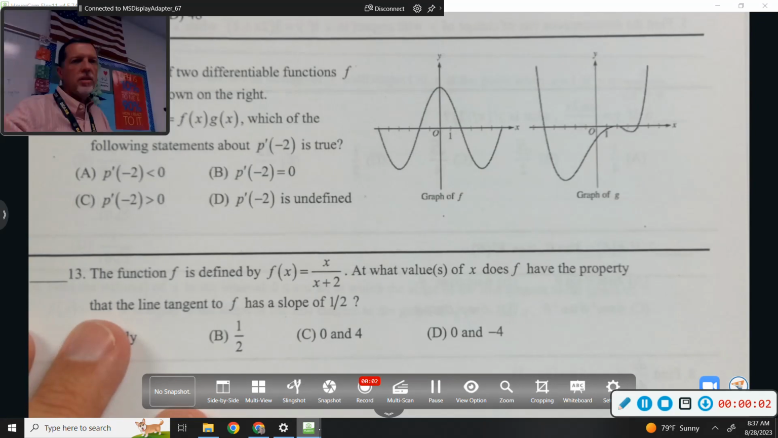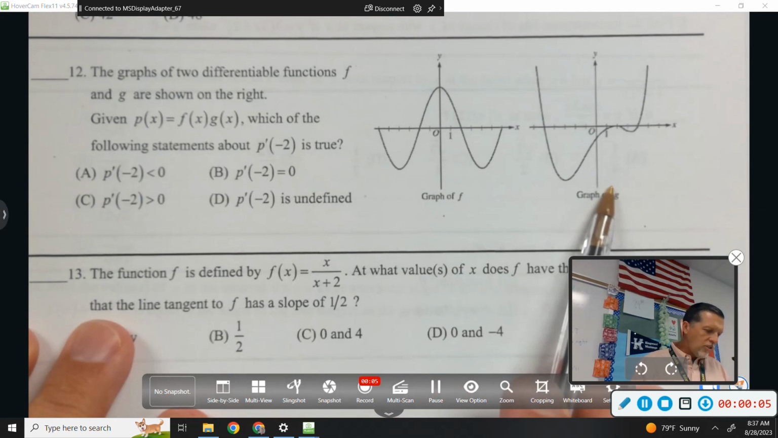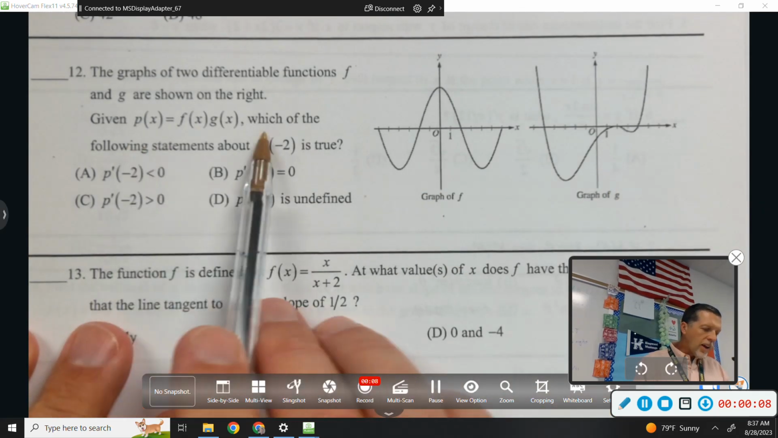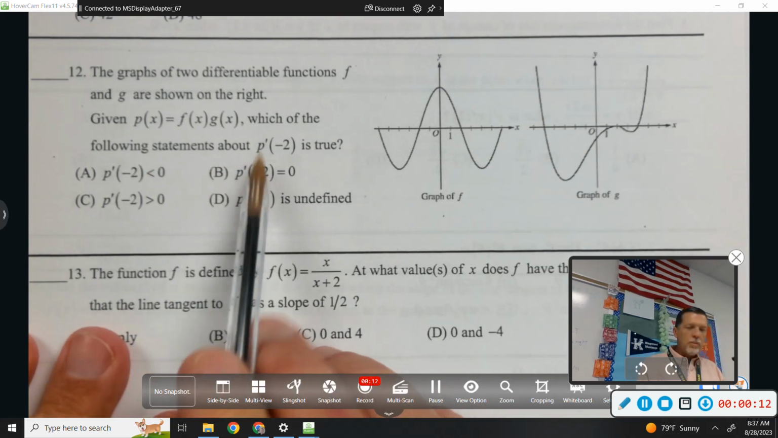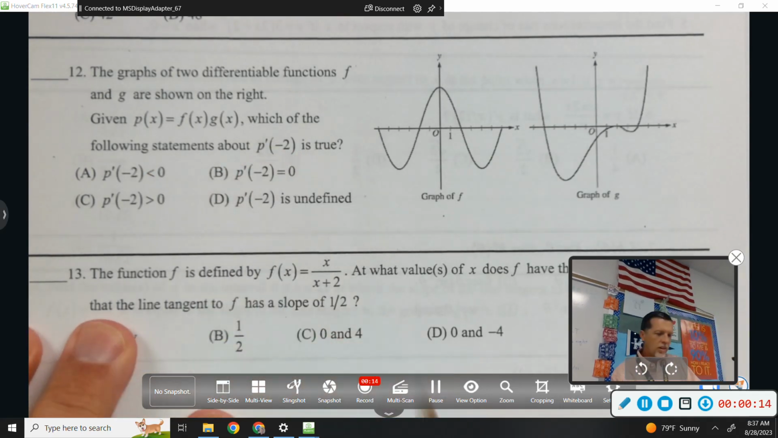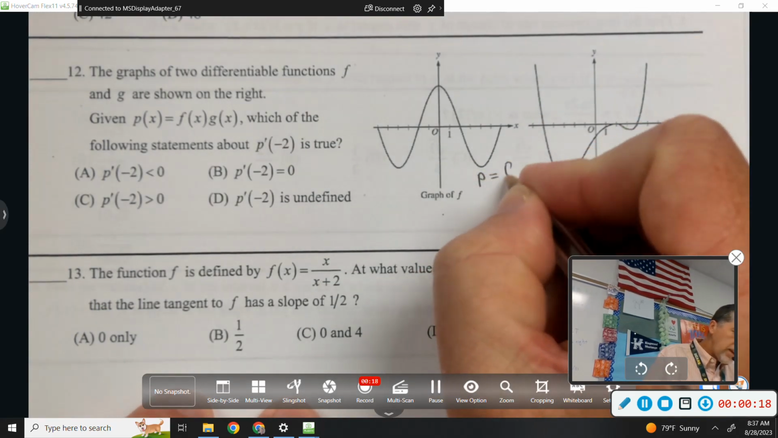So number 12 on worksheet 5, given the graphs of f and g, p is f times g, then which of the following is true about p prime at negative 2? Oh, we don't have much room to work here. P is f times g,